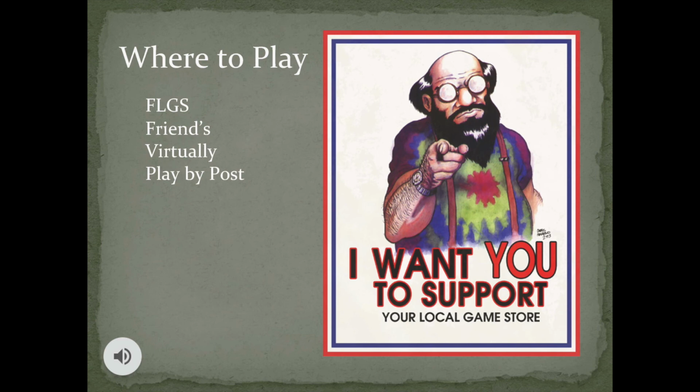Virtually is the most viable in the current situation, and I'll have a few slides dedicated to explaining how to go about that process. Or Play by Post, which is a text-based game. You can play D&D through text, just acting as your characters in a dedicated chat. This is the least commitment involved in a game, as you don't have to organize everyone's schedules to meet together for 2 to 4 hours, either online or in person.